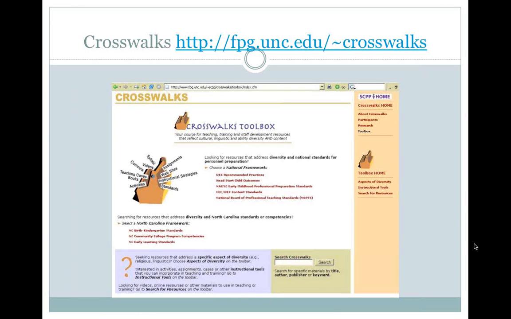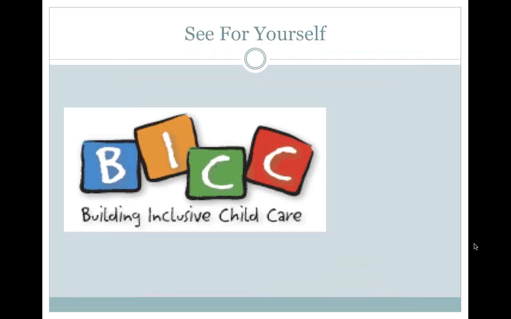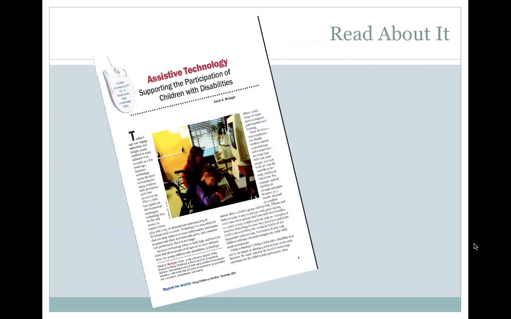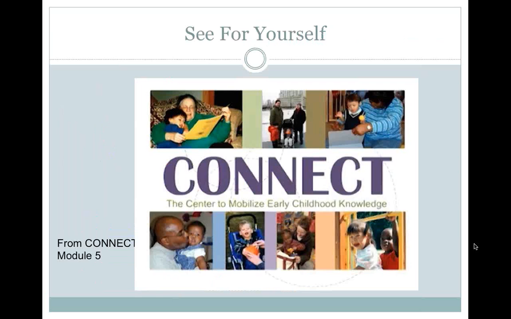This is a very good tool here, the Crosswalk website. And the Connect modules as well, which once again have a lot of really good teaching resources that you can incorporate right into your syllabi and into your class presentations, web links that you can just click on, and that'll move you to video snippets